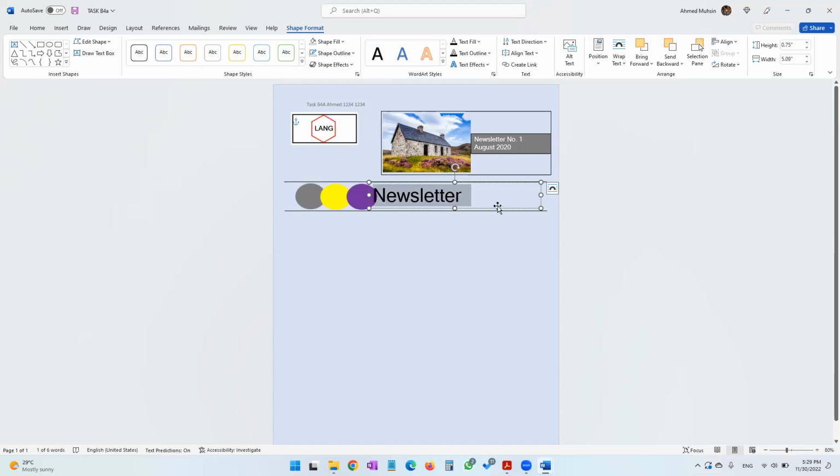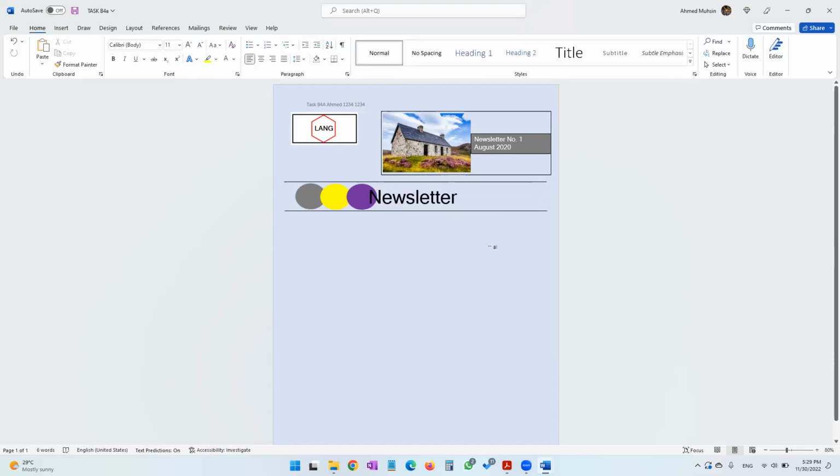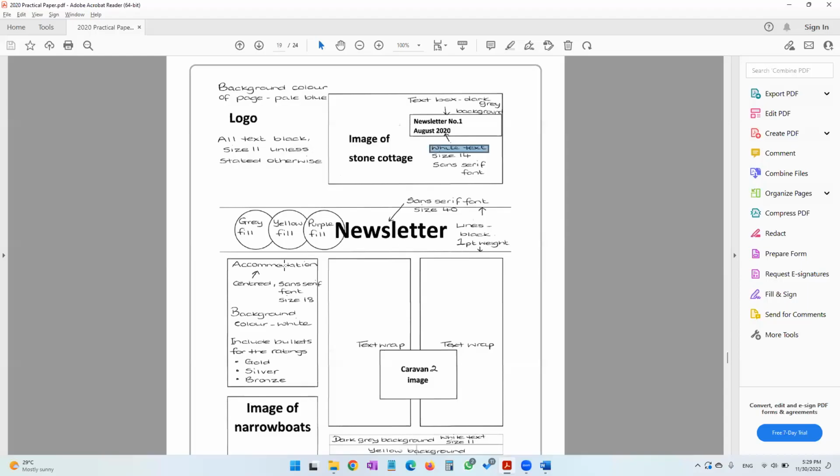Now click on the border of your text box and just adjust it with your arrow keys, where half of the N is touching the purple color. Now it looks perfect. Right, the next thing that needs to be done is we need to have another text box for the